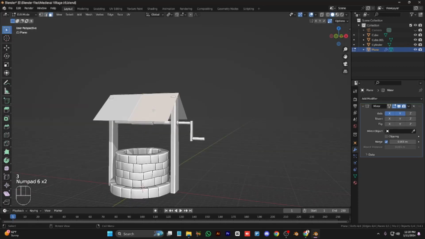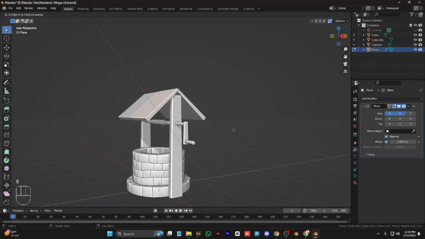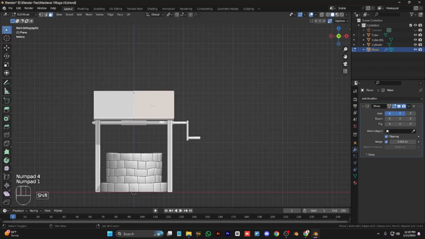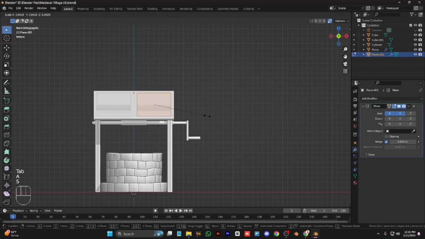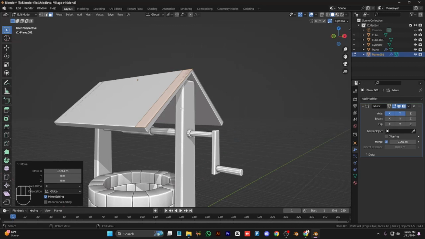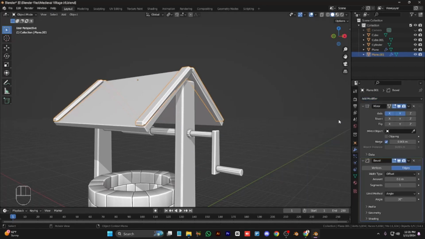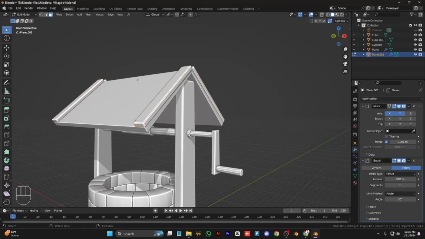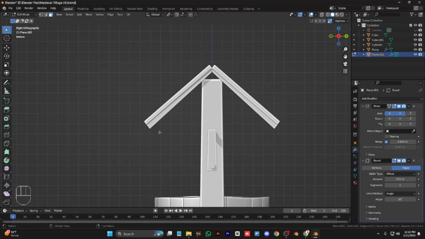Now I will scale on the X and extrude it to make it a little bit thicker, and duplicate this part and separate it to make the roof planks, and enable clipping to divide it on both sides just like that. Extrude it and set the origin point to individual and move this face individually normals